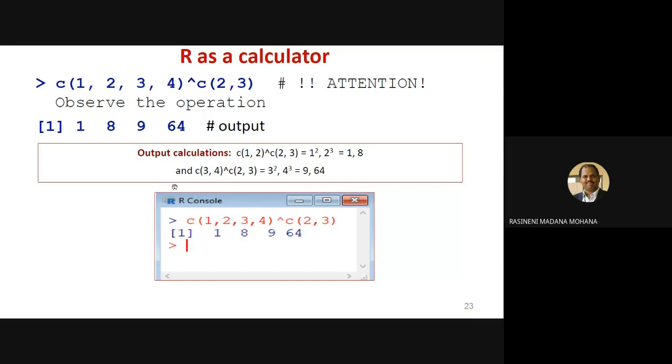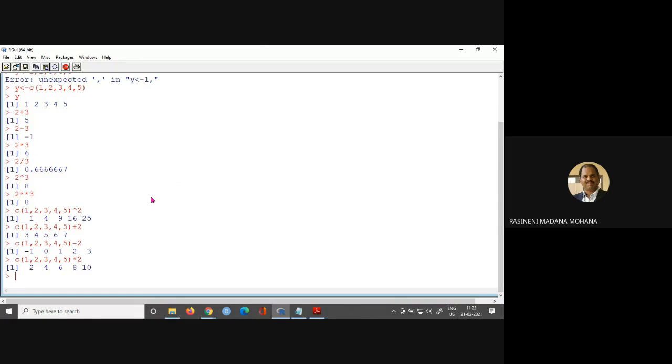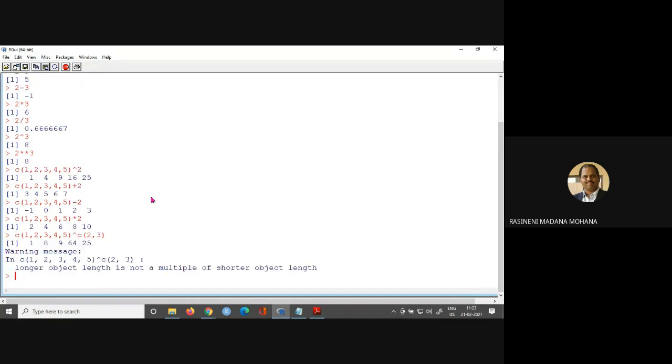Now let us run this command. So now the previous vector I am taking as it is. Now I am taking the power operation, or whatever operation you want, you can take. So power, now I am taking c(2, 3), any value, but the size should fit evenly with a combination of the left side vector. Now here you can see the error. Why? Because on the left hand side we have 5 values, but with the 2 combination, you can split 1, 2, 2, 3, 3, 4, 2, 3, but 5 is left over. That's why it shows an error.